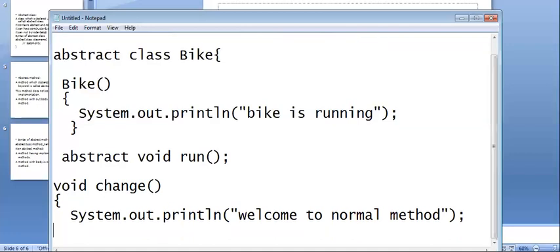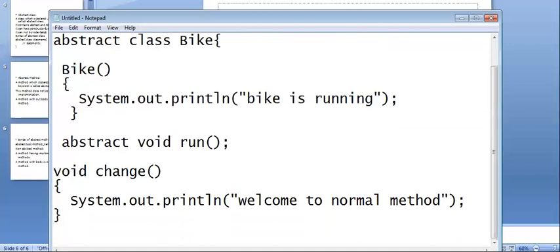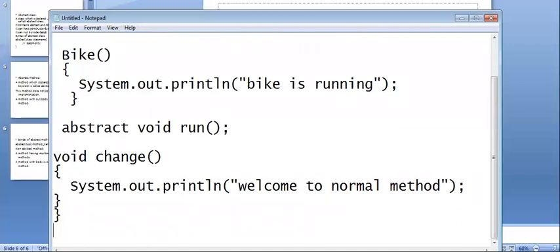Here the abstract class was completed. Now I have to write the method body for the abstract method, that is run, which you can specify in a subclass.